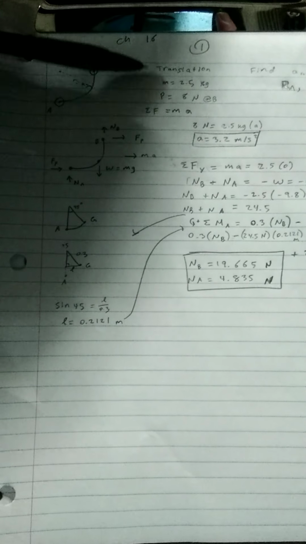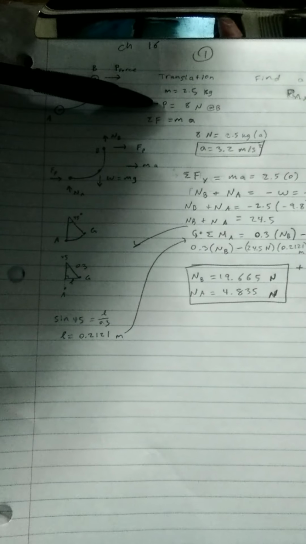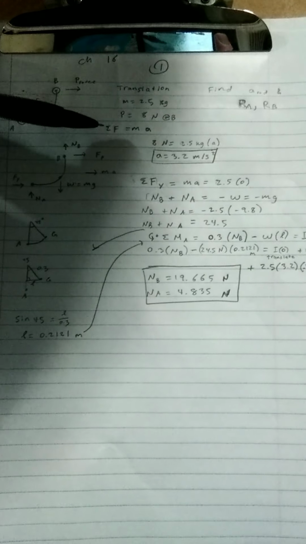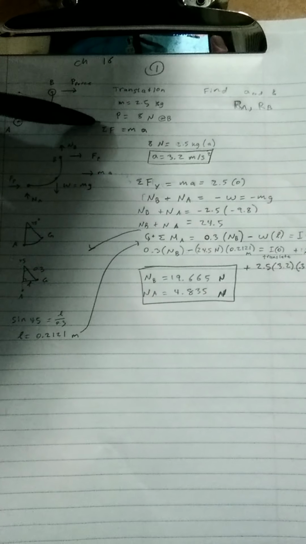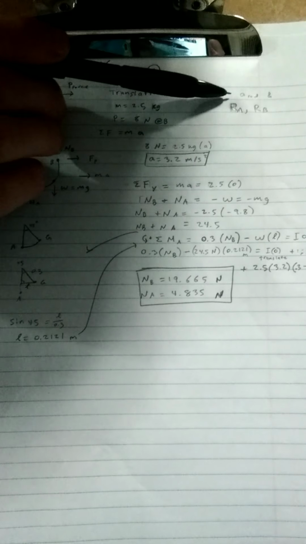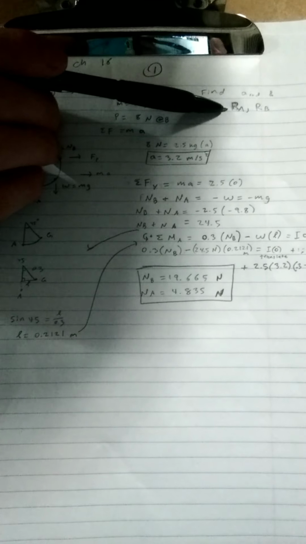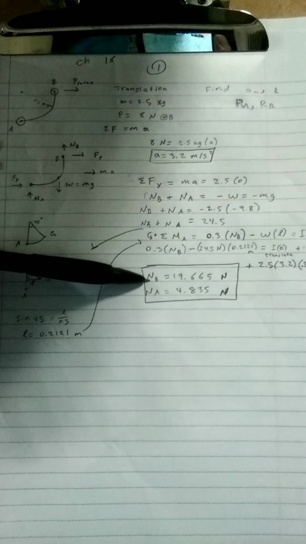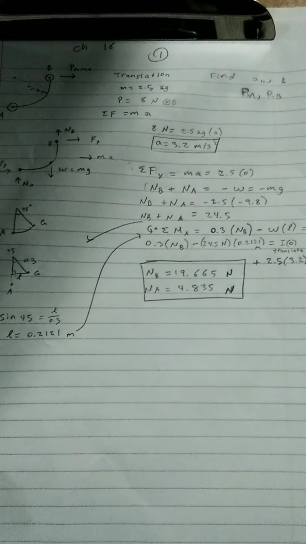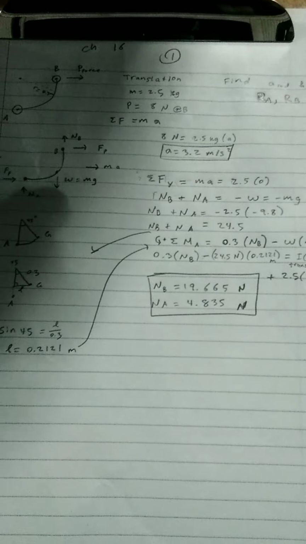And also we should identify anything the problem gave us. We have our translation, our mass is 2.5 kilograms. Our force P is 8 newtons at B, and we'll write down our equation. Sum of forces is equal to mass times acceleration. And we're going to try and find the acceleration of the rod, and we're going to find the reaction at A and the reaction at B, which I ended up calling NA and NB because they were basically just the normal forces. So we went ahead and drew our other free body diagram just to identify